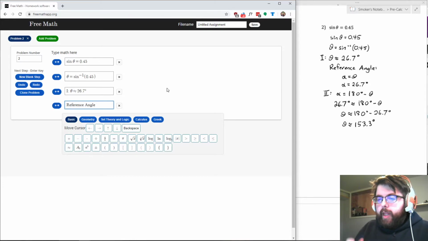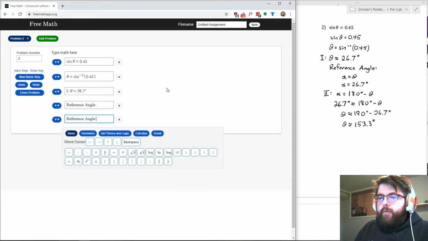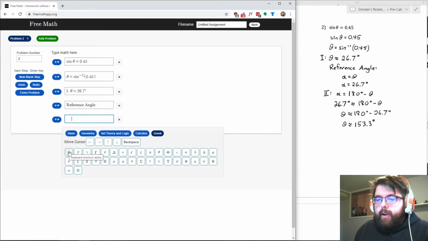I mean, I wouldn't want to do a whole sentence like that because you have to do it for every word. But so reference angle, and then here I'm going to, don't be afraid to put some spaces, 1, 2, 3, 4, 5. I'm putting 5. You don't have to put exactly 5. In Greek, there is an alpha there. I'm going to do slash alpha. Actually, you don't even have to do the slash for alpha. Some of these you don't have to do slashes for. You can just type